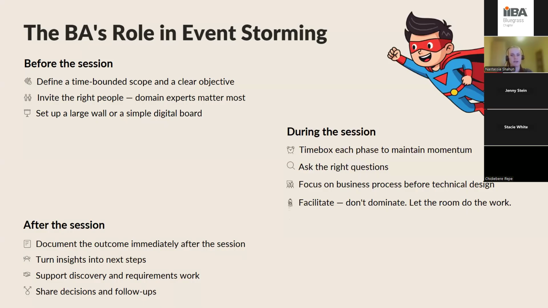This can be discovery inputs, requirements conversations, and maybe backlog discussions, process improvements, or follow-up decisions with next steps. It also depends on what stage we are using event storming, and whether we're involved in further process and development work or we're just invited to have the discovery covered. So you can see the BA is really helping the group think clearly before, during, and after the workshop.